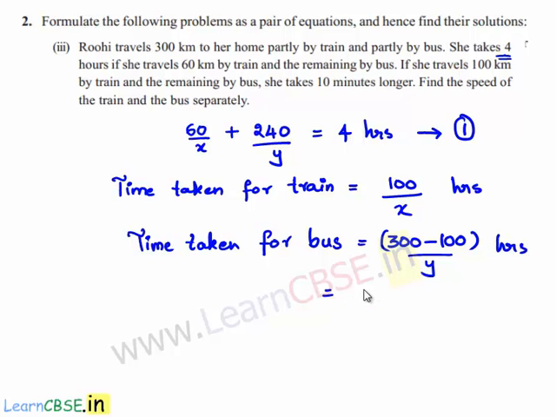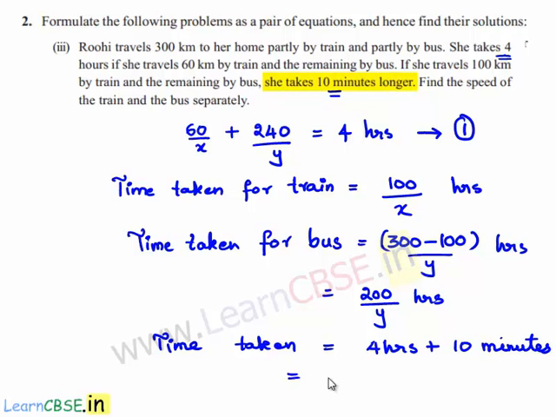300 minus 100 is nothing but 200 by y hours. So the total time is nothing but, first initially she has taken 4 hours to travel, and in the second case she requires 10 more minutes. So we can write the time taken is 4 hours plus 10 minutes,